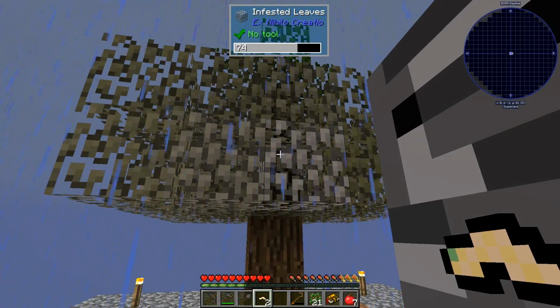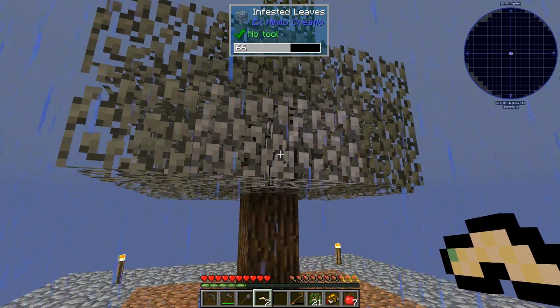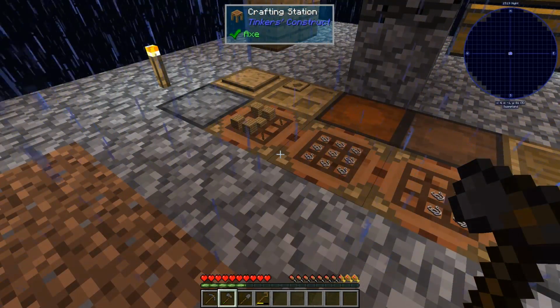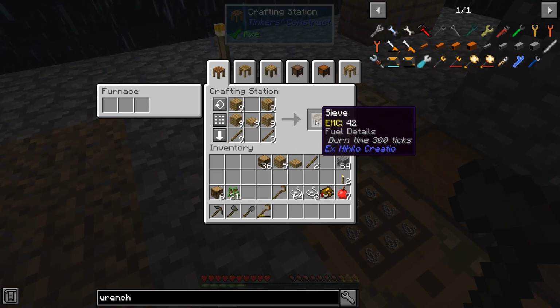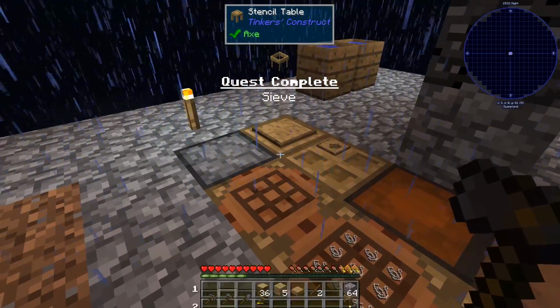So I'm just going to wait for the infestation to hit 100% on all leaves. And then I'm going to break it with a crook again to get string. So I've chopped down 2 trees that were infested with silkworms, have more than enough string to make 9 string meshes, but before that quest unlocks, I need to make 9 sieves. So here are my 9 sieves, that quest completes, and hopefully...